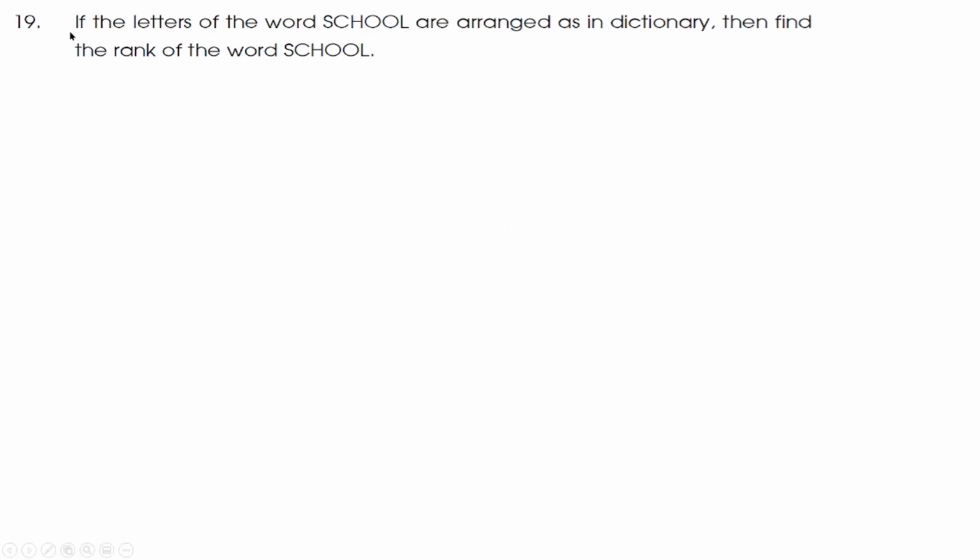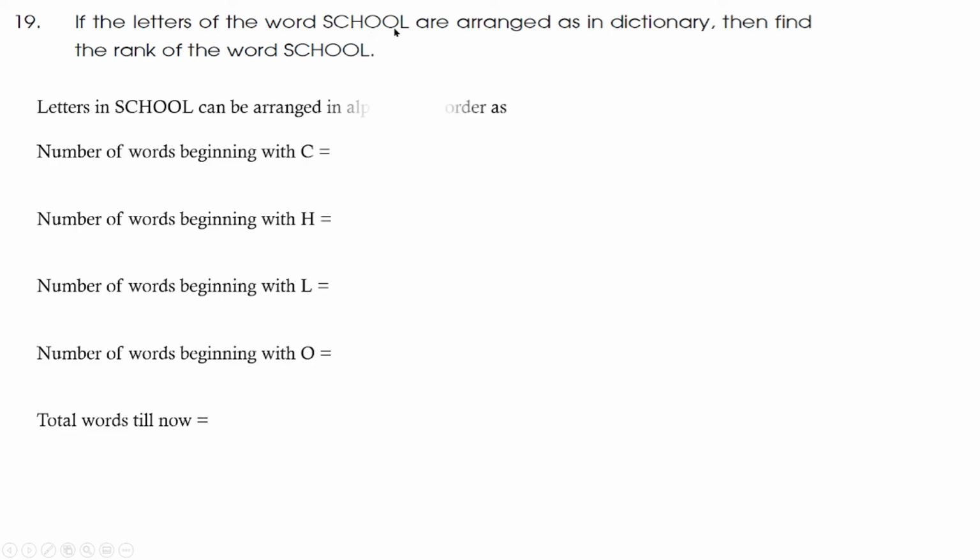Next question. If the letters of the word SCHOOL are arranged as in dictionary, then find the rank of the word SCHOOL. So here we need to find the position of the word SCHOOL in the dictionary if the letters of this word are arranged in alphabetical order in the dictionary. Here we have to note one point, O is repeated, so we have to keep that in mind. So the letters in SCHOOL, they can be arranged in the alphabetical order as C, H, L,